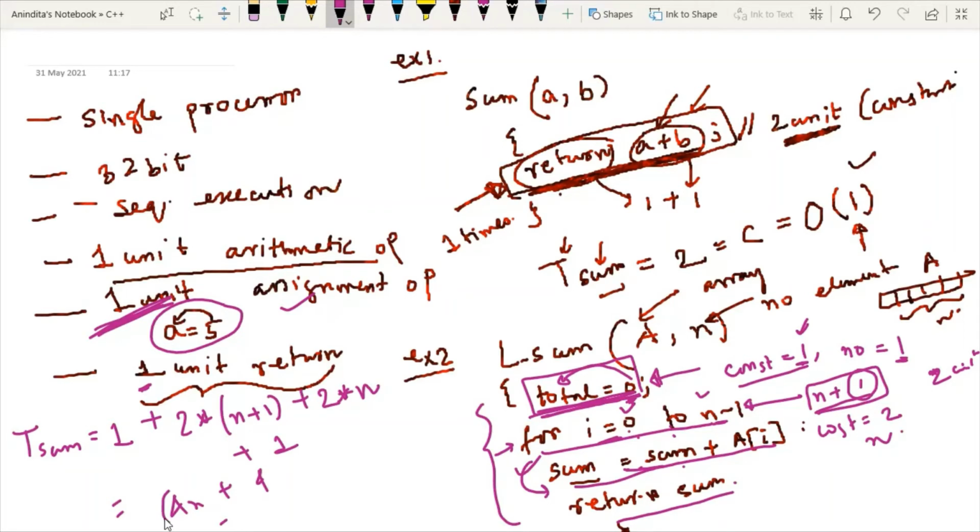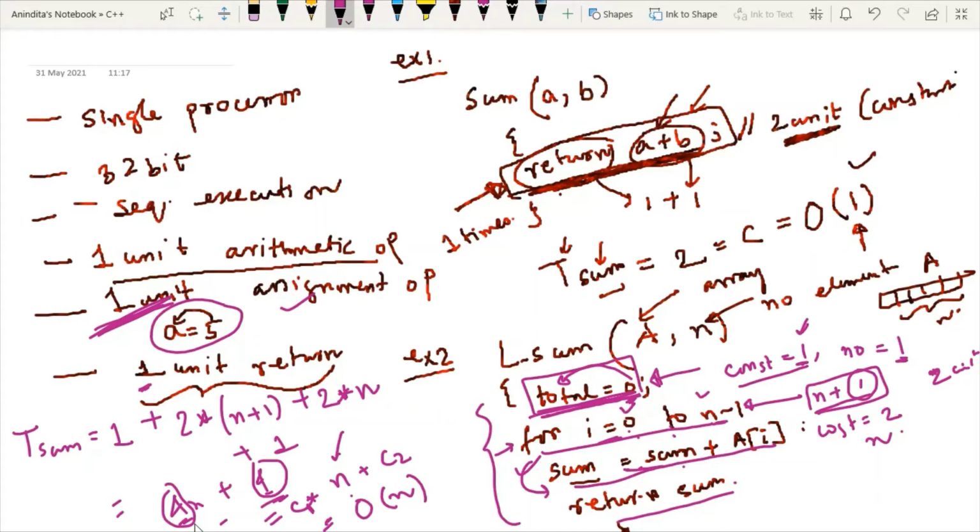In 4n plus 4, 4 is a constant value. This 4 is also a constant value. So if I represent this line as first constant into n plus second constant, then at this point, for time complexity we will only consider the variables, not the constants. So the time complexity will be order of n. So this is the second case where we can calculate the time complexity.